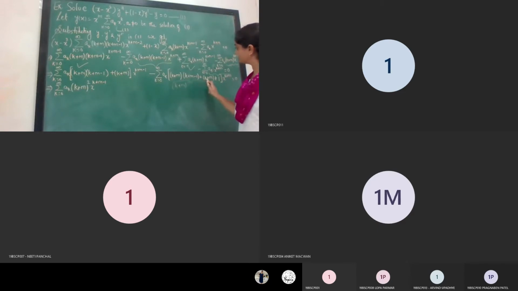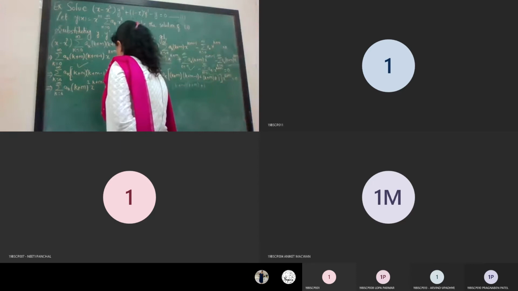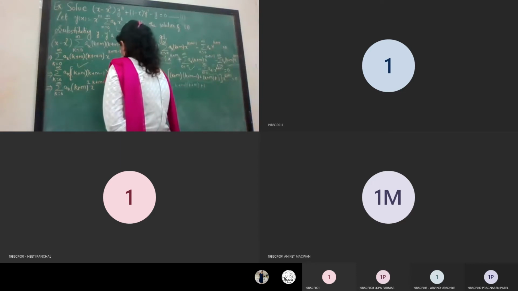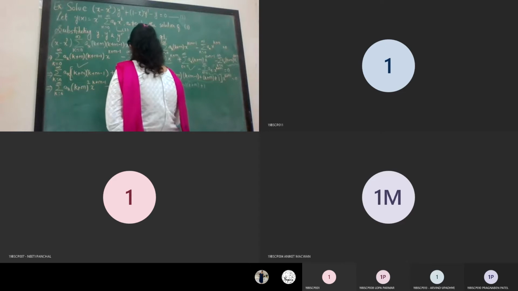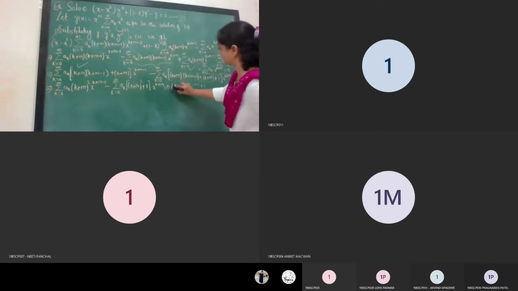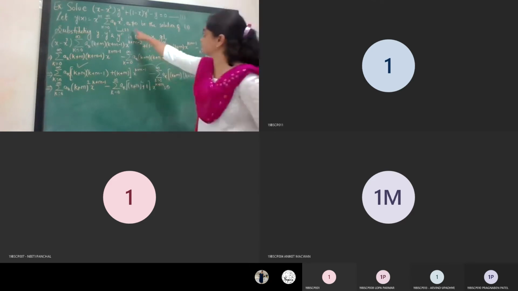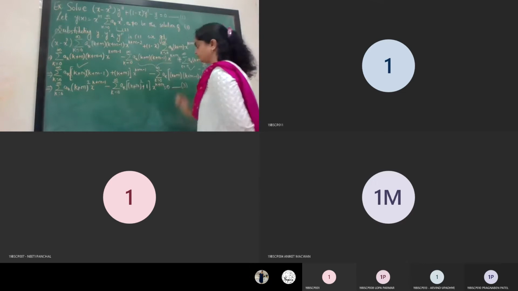It is k plus m minus 1 plus 1. So it is k plus 1 and only k plus m only, and plus 1 is already there. So this is k plus m whole square plus 1 quantity. So that I am writing it over here: the sum from k equals 0 to infinity of ak times k plus m whole square plus 1 x raised to k plus m is equal to 0. I am giving this equation as equation number 3. Equation 2 I have already given over here.